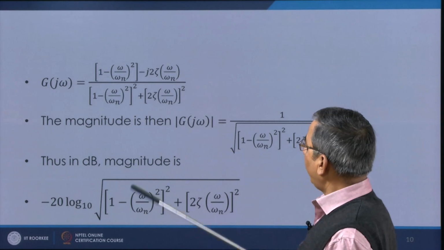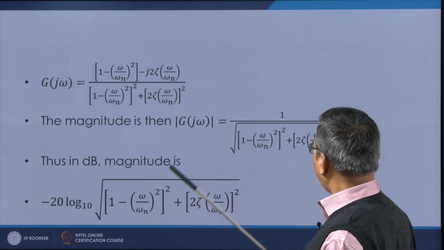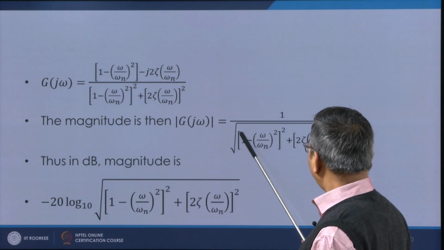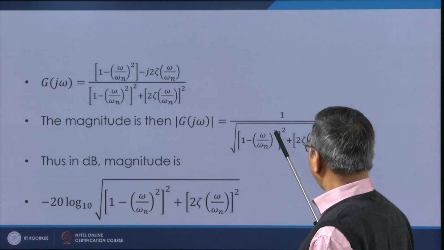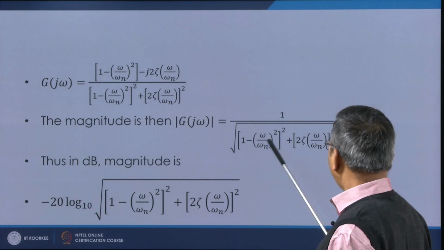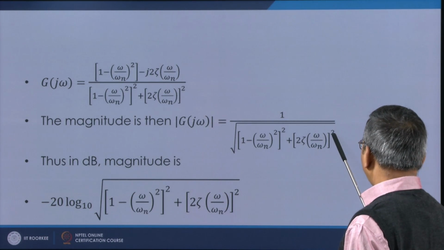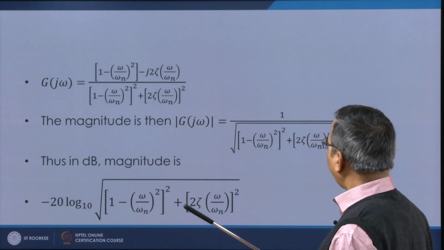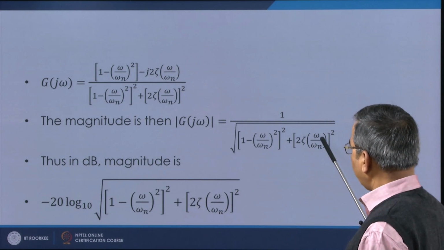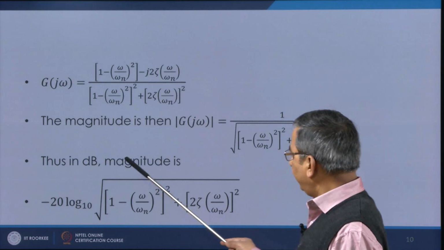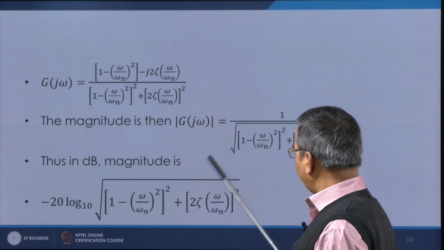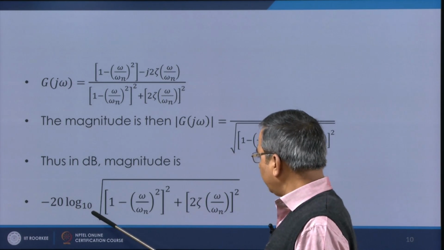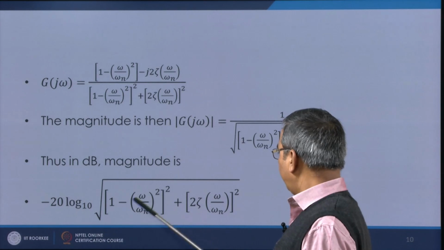If I do this, I am going to get 1 by under root of (1 minus (omega by omega n) square) whole square plus (2 zeta omega by omega n) square. Thus, in dB